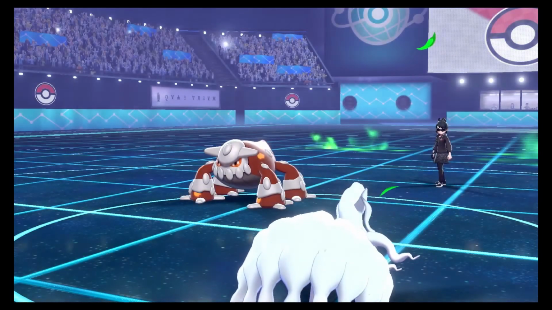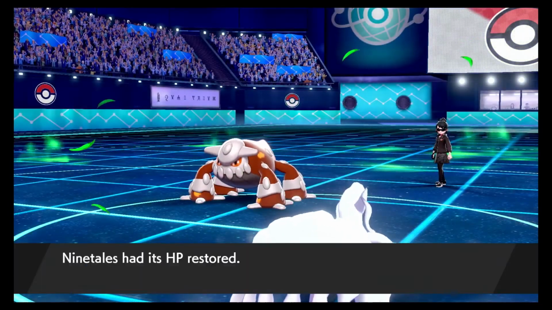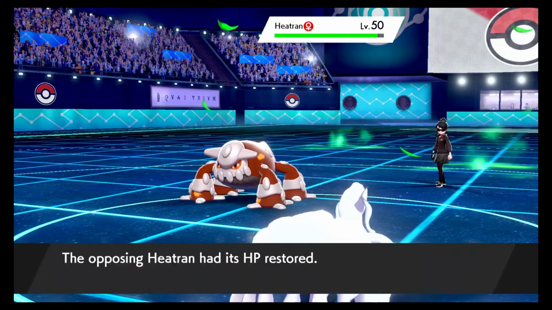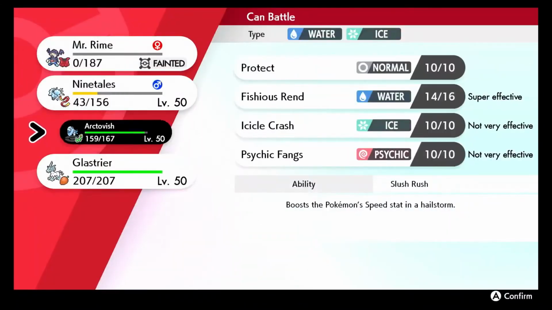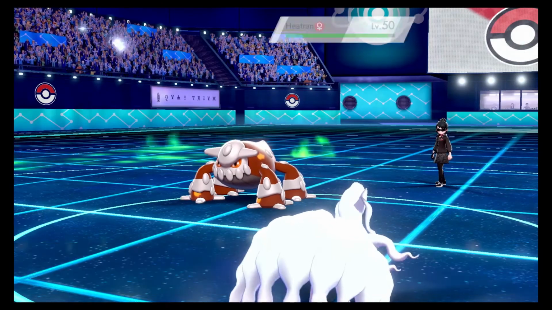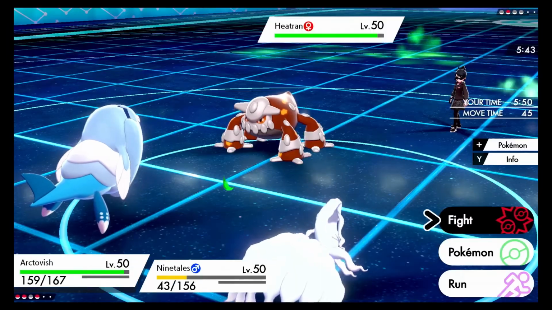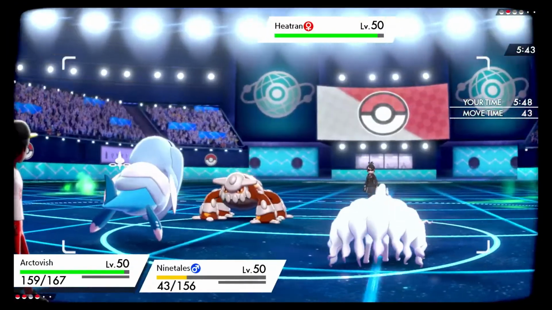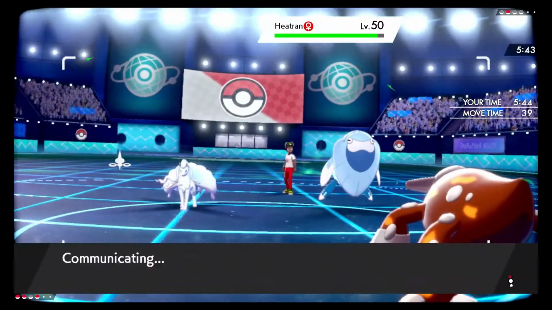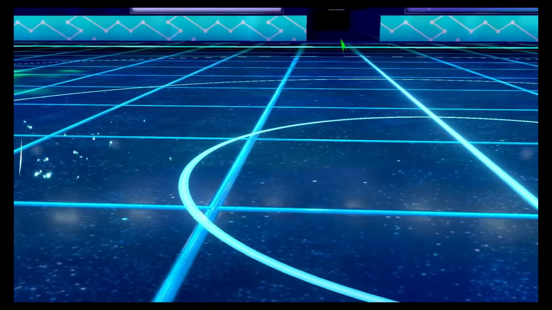And we see that this is the last turn of Hell. And so with Velocity and Hell, my Arctovish is no longer going to outspeed this Heatran. And so I just need to play. I have a pretty clean win position here, where I bring out my Arctovish, and I can, from here, just go for the Protect and switch out the Ninetales into Glastrier. And then the following turn, I can switch back Ninetales, get the Hell up, and outspeed the Heatran and kill